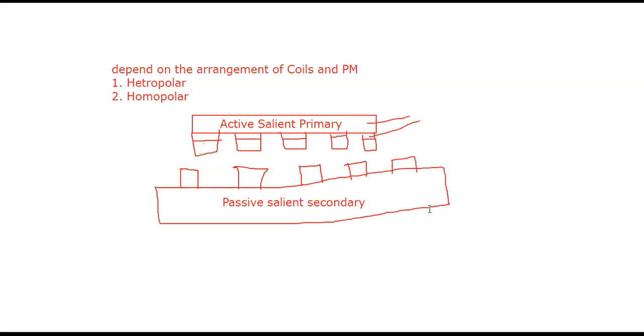So this one is said to be a passive one, whereas coming to the primary, there is a winding present there as well as the ferromagnet present there. So this one is said to be the active part of a machine. Now,